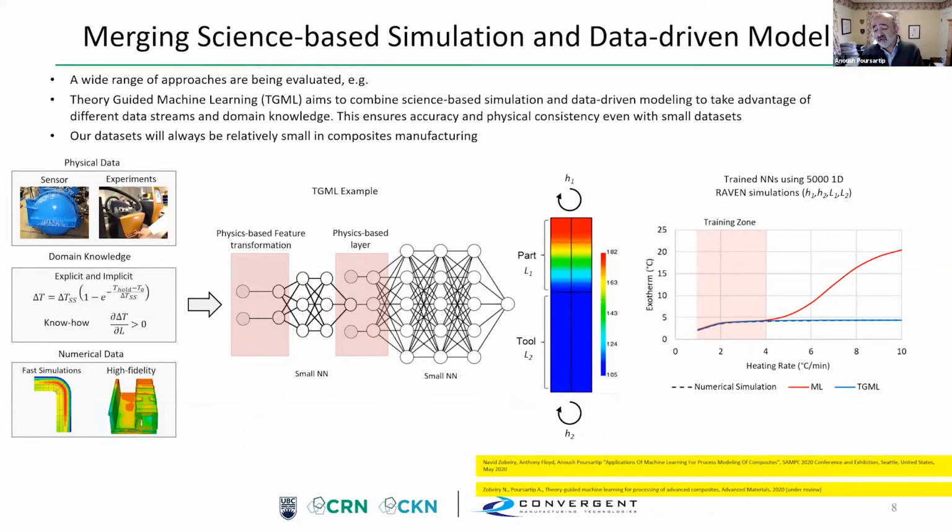In the training zone, if your ground truth is your numerical simulation, a classic machine learning algorithm replicates numerical simulation just fine. The value of a theory-guided approach comes if you try to use the model outside the training zone. Now, the physics ensures that the theory-guided machine learning behaves well, whereas the machine learning algorithm breaks on you.